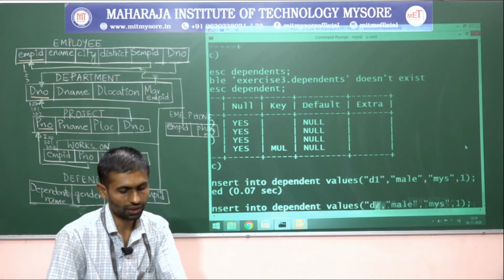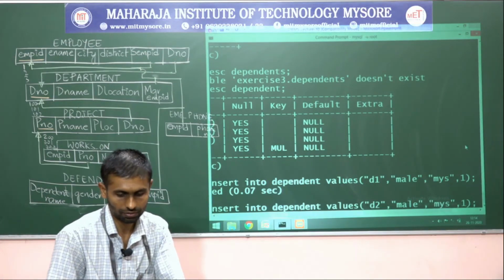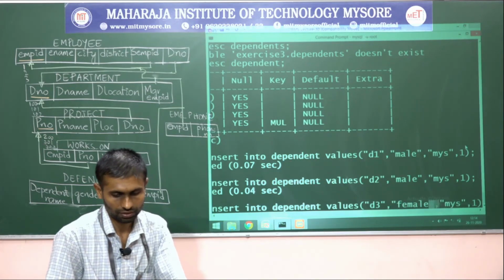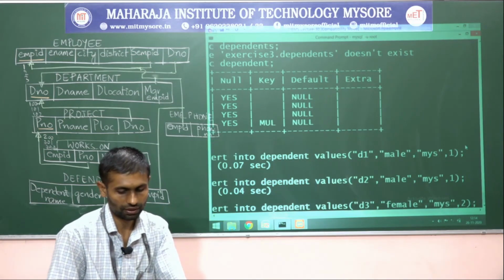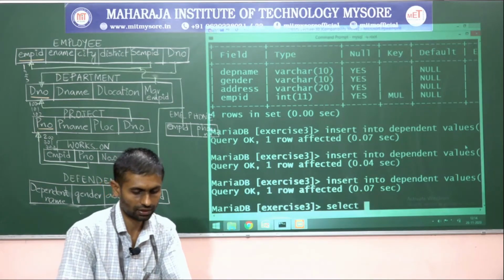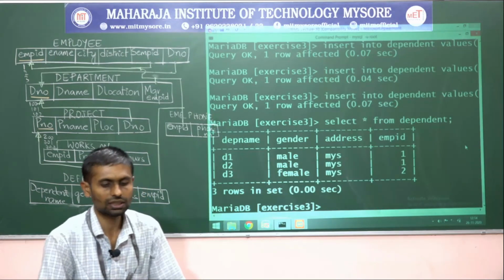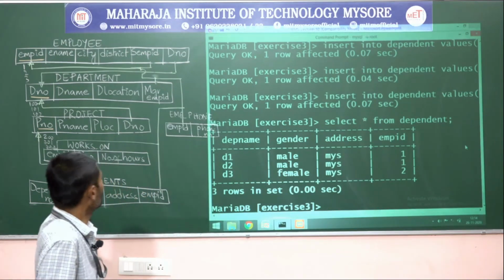Like this we will add 2 more tuples, male, employee ID 1, then D3, female, employee ID 2, that is it. Then select star from dependent. We added 3 tuples successfully to the dependents table.